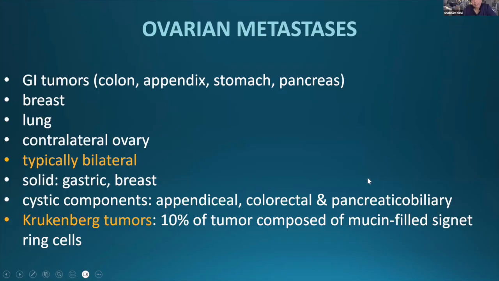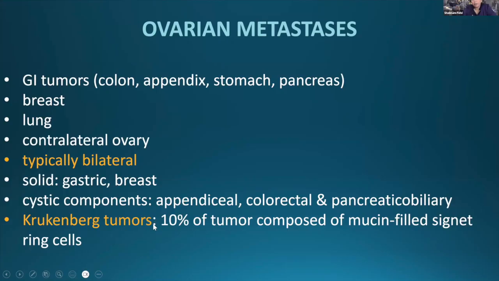Now, ovarian metastases are typically bilateral. Gastric and breast metastases tend to produce solid ovarian masses, whereas appendiceal, colorectal, and pancreatic or biliary tumors tend to produce cystic ovarian metastases. Now, we often use Krukenberg tumors in the context of bilateral ovarian metastases, but strictly speaking,